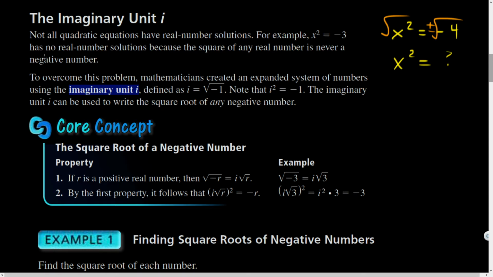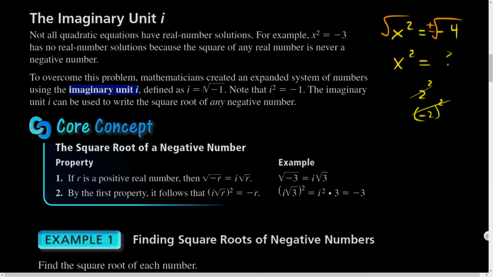And so it has no real number solutions, because it's never going to square root. The square of any real number is never negative. So that's another way to describe it, right? 2 squared doesn't work, and -2 all squared would not work. And so since neither of those work, we actually have some numbers that we could describe.